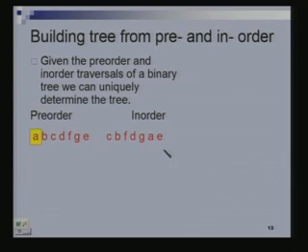Now let's find A in the in-order traversal. A is the root, I know that. So let me just put down a note for the root. And I will search for A in the in-order traversal. Now what do I know? I know that E is to the right, in the right subtree. So I know that this is the in-order traversal of the right subtree, and this is the in-order traversal of the left subtree of A. The green is the in-order traversal of the right subtree, and the blue is the in-order traversal of the left subtree.